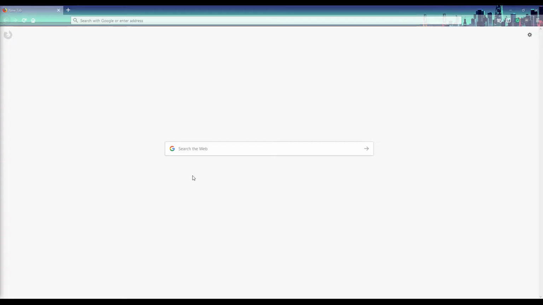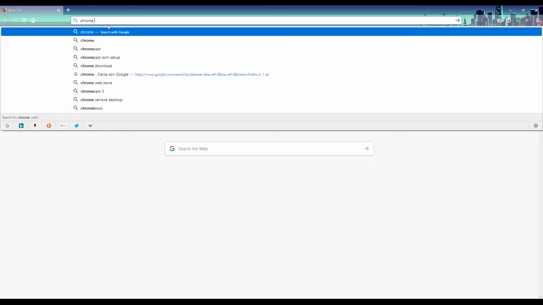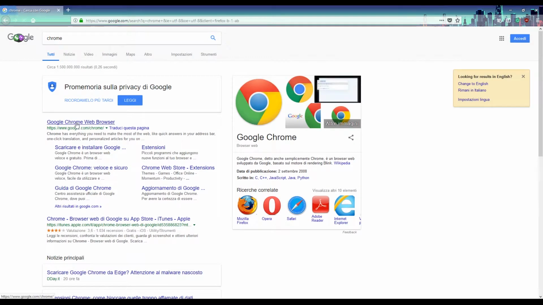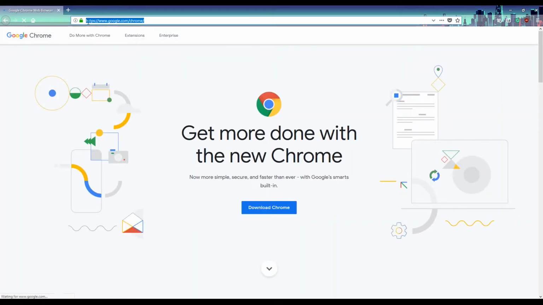Alright, so the first thing you want to do is actually download Google Chrome. Now to download Google Chrome, go to any browser and type Chrome. Simple as that. And then you go to the first one. You want to make sure that it doesn't say ad or that it doesn't look sketchy. So this one right here, this is the link. You want to make sure that it's a